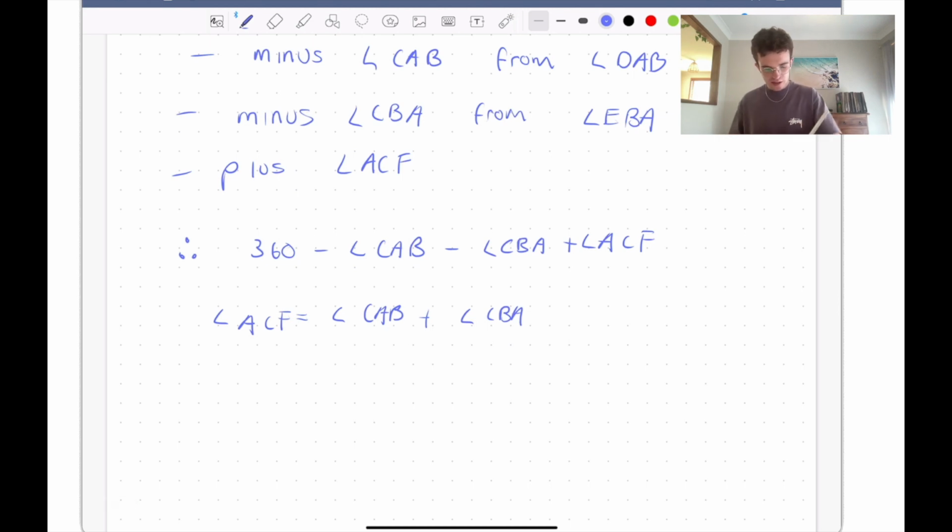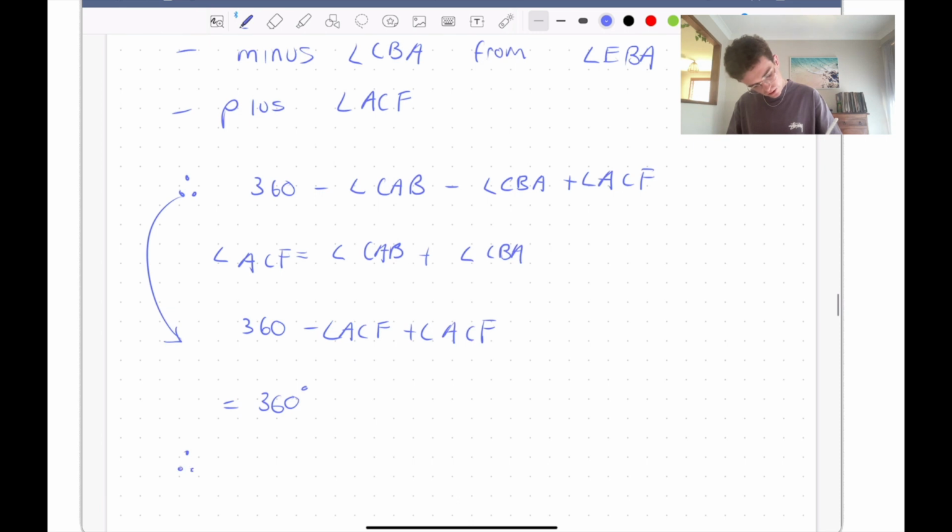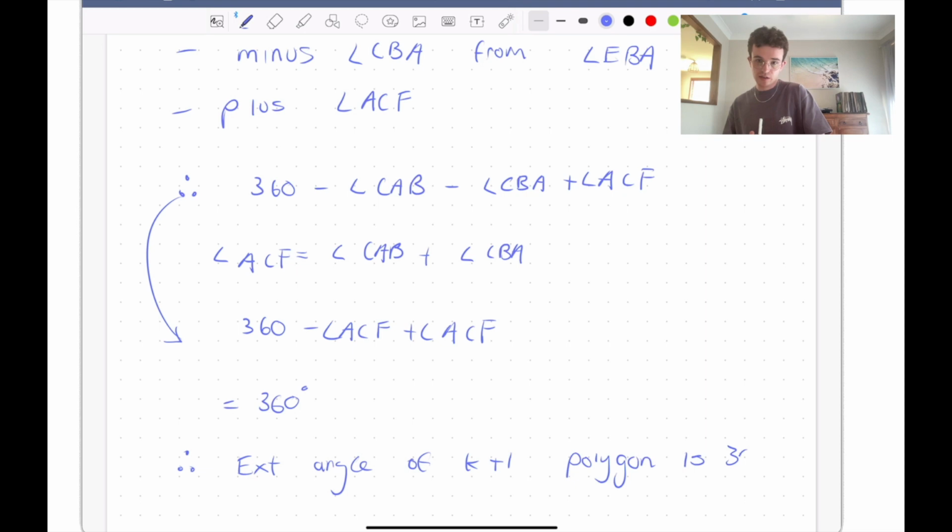So we can replace this with ACF. So this is equal to 360 minus ACF plus ACF, which is equal to 360. So therefore, the exterior angles of our k plus 1 polygon is 360 degrees. Okay,